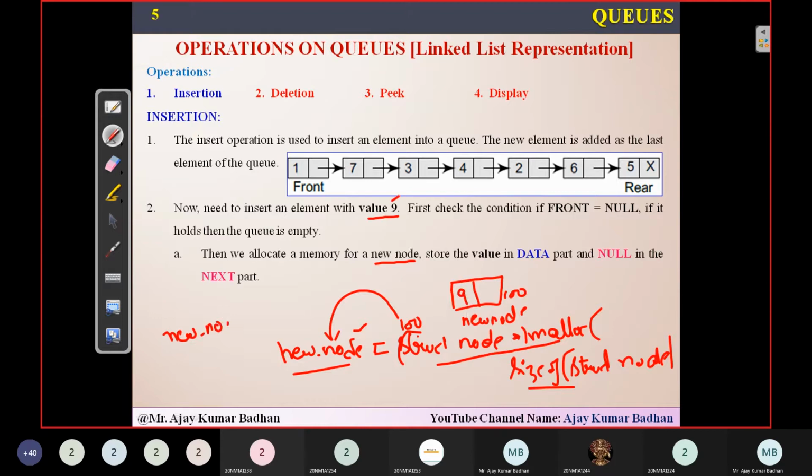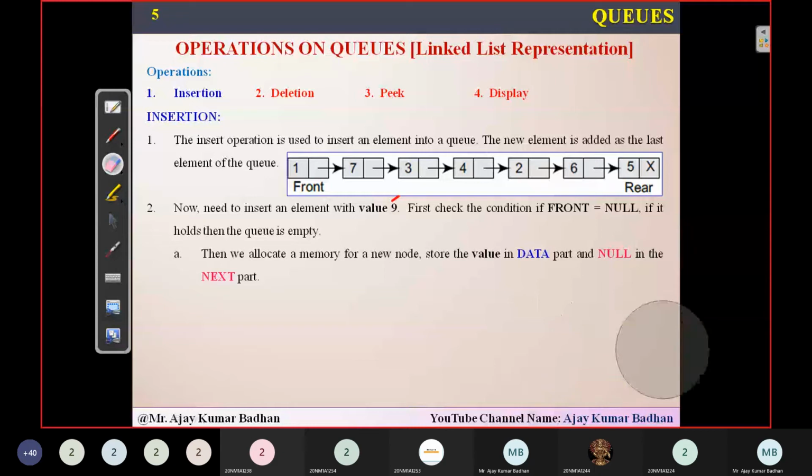New node data equal to the variable in which the number is stored, so 9 will be stored and automatically it will come up here. Since this is the first node, new node next will be equal to null, because this is the only node we have. This is the way you are going to perform this operation.